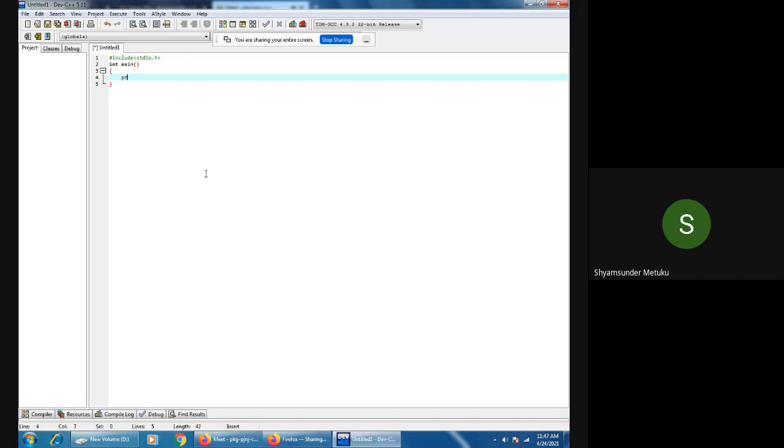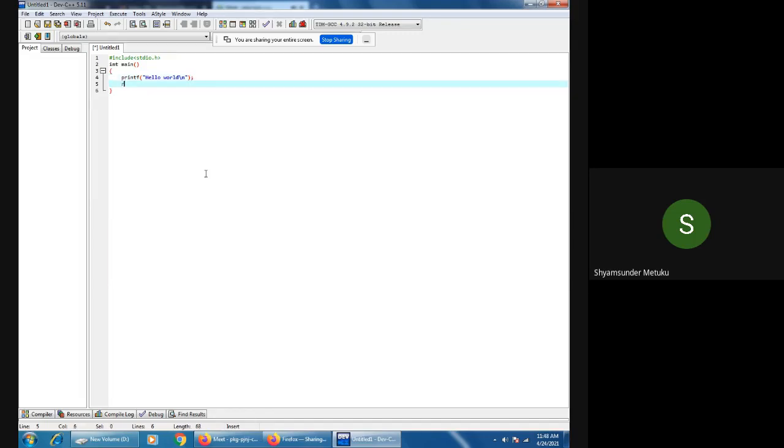Only one statement I'm going to write here, which is our output statement, printf. In class I said this: I just type the opening parenthesis, and the closing one comes automatically. Then double quotes, I type once but two come, so that you can write in between. So I'll write hello world program, and an escape sequence for the new line character. I'll tell you its importance. Backslash n. Make sure that every statement in a C program is terminated by a semicolon. If you don't give a semicolon, it will give an error.